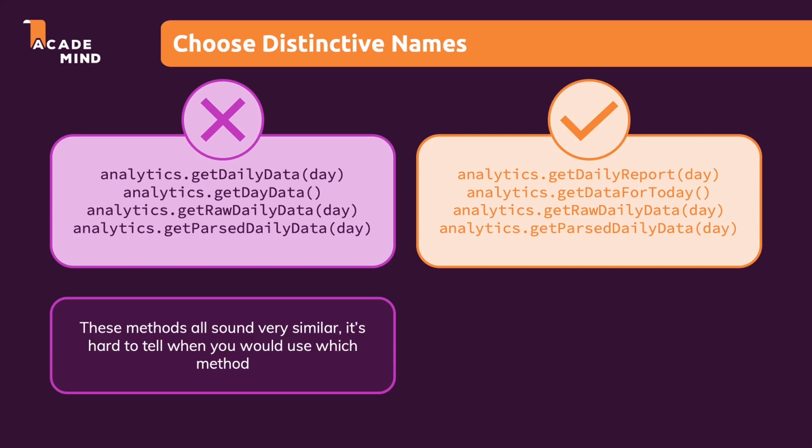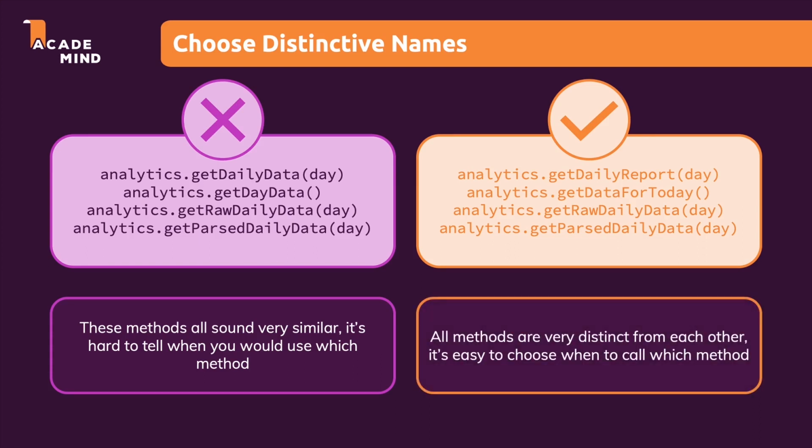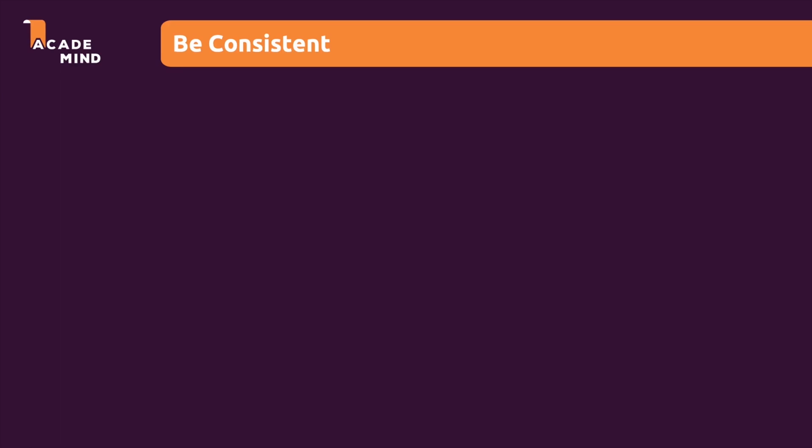Microsoft Excel report. getDataForToday makes more sense than getDayData because it's clear that it's the data for today. getRawDailyData makes sense, but now it doesn't clash with the other names because the other names are very clear and distinctive now. So now it's very easy to tell what the different methods do, and therefore working with this code becomes much easier. Now the last pitfall, the last concept to be aware of, is that you should